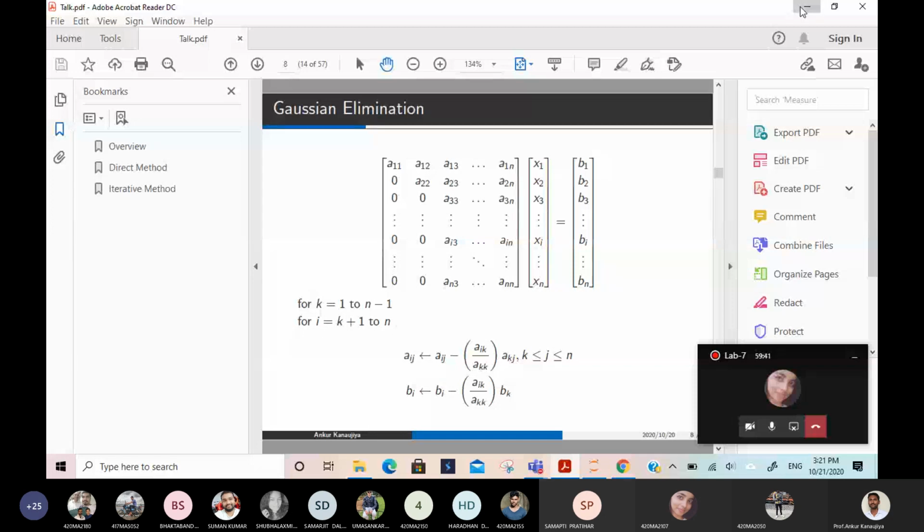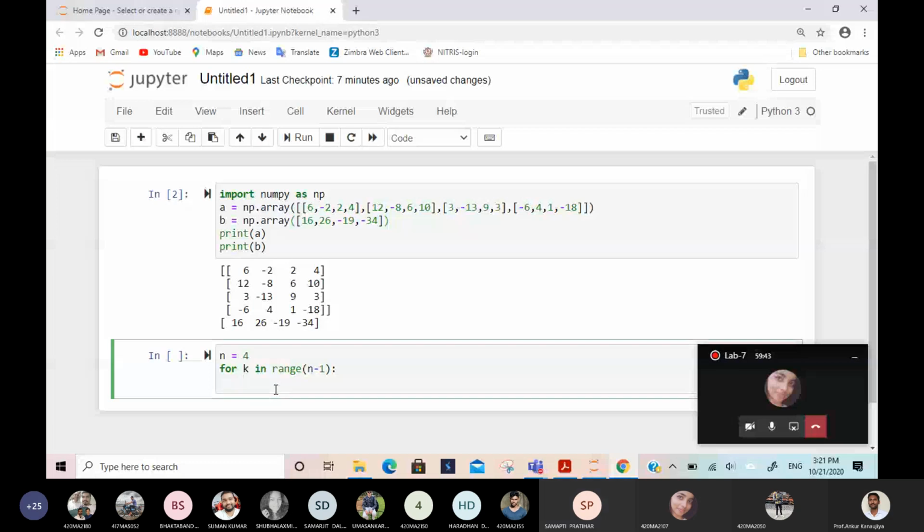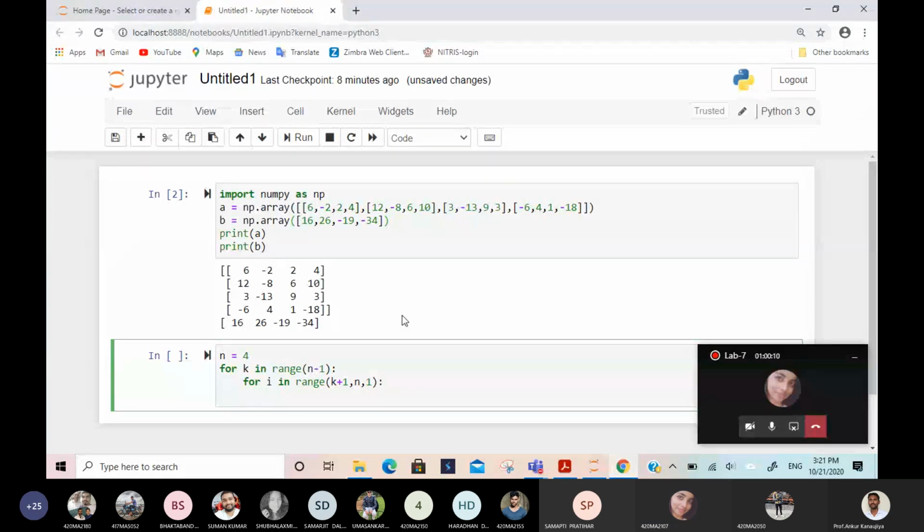For I in range, k plus 1 comma n, increment is 1. It will go up to n minus 1 automatically. This is done. Now this one.